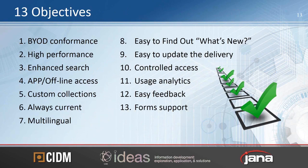Okay, so you touched on content reuse. Do you have recommendations on how to push the benefits of content reuse? Well, content reuse is really, going to your end user, I hate to say it, for the most part, invisible. Where content reuse shows up on this chart is, one, always current, because you may have a topic that's used in 5 places, and if you forget to go update that concept in every place that topic is, in a legacy kind of world, it's really easy to say, oh man, I forgot to go update it here. So that's where